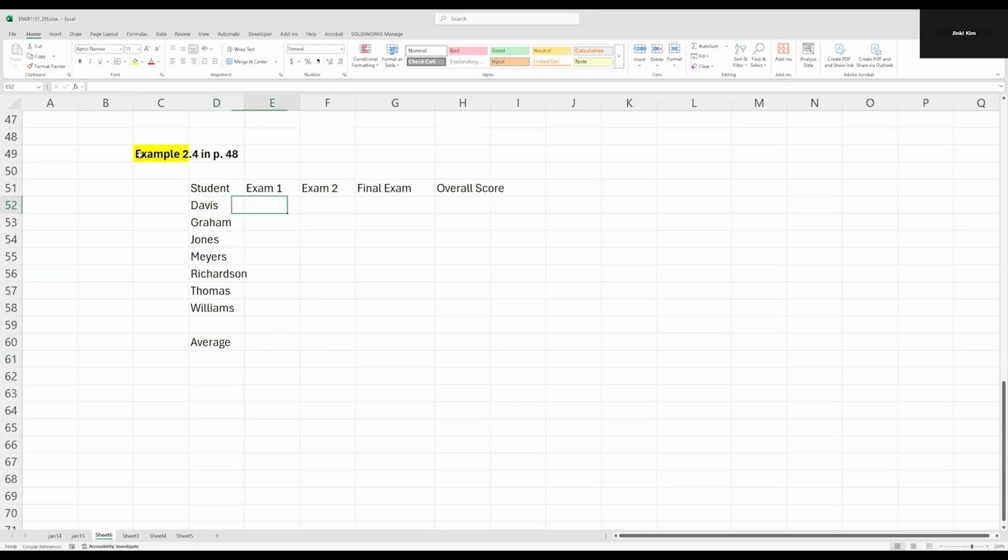And then exam one, the students scored 82, 66, 95, 47, 80, 74, and 57. And 77, 80, 100, 62, 58, 81, and 62. And then the final exam, 94, 75, 97, 78, 73, 85, and 67. Right? So here what you need to do is you need to